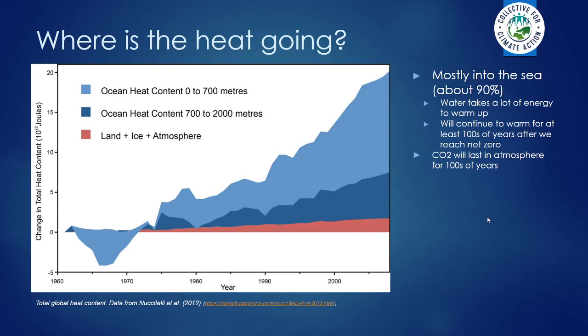That same cycle as well, it takes the surface water that has CO2 dissolved in it from the atmosphere, and it takes that down to the bottom of the ocean and takes it out of the equation too. So this will happen for many hundreds of years, because as we've created this thicker CO2 jacket around the Earth, that's going to be there. That's basically the rate determining step. So the energy that's getting trapped in the Earth system is going to be taken up by the oceans, and it's the life of CO2, or that CO2 jacket, which is going to be governing how long the oceans have to keep taking up heat and CO2 for.